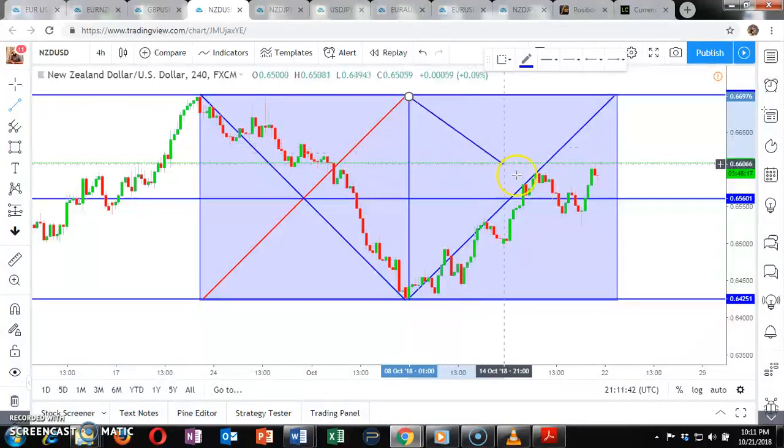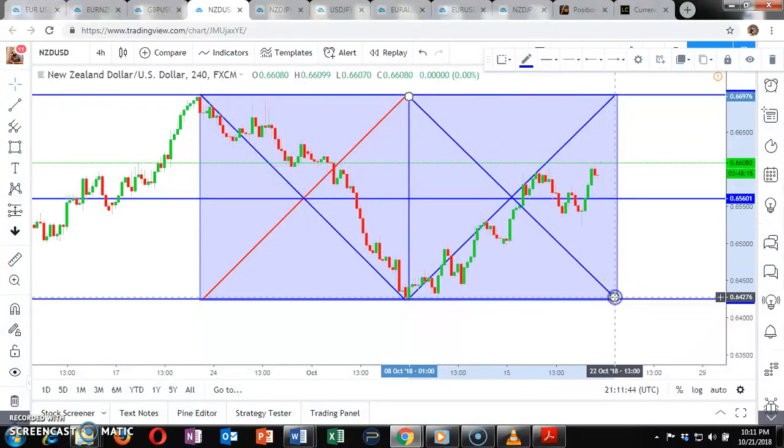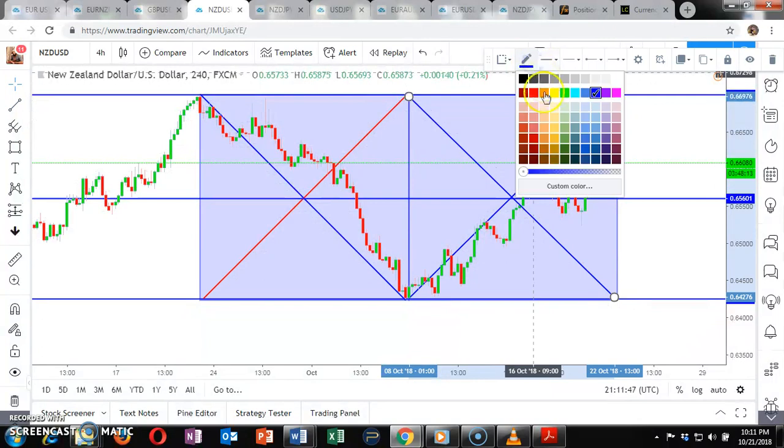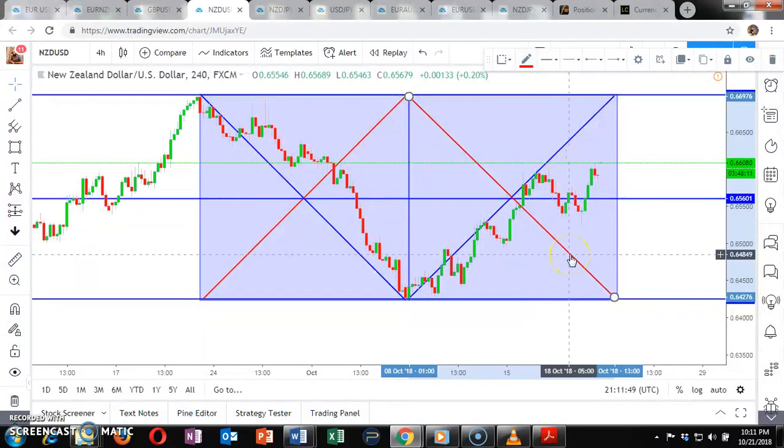Now, our counter trend line is going to start here to this point. Now, we'll make our counter trend line red. So now, you see that price has come from our trend line, kept on respecting the trend line, and it came here, it broke our counter trend line, and it broke